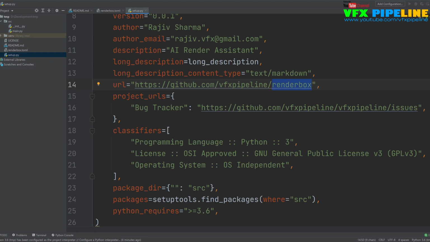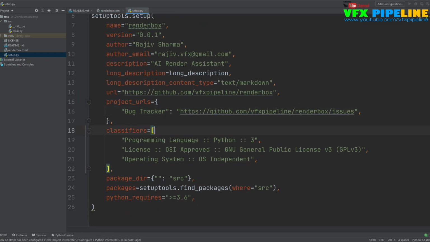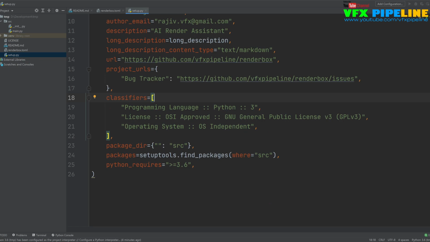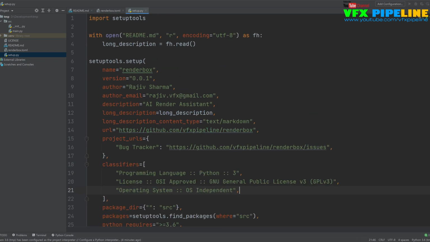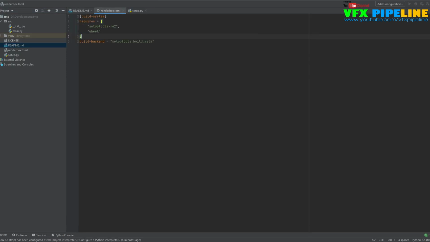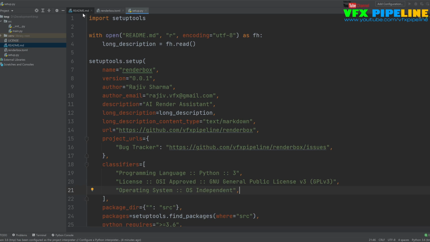I have some interesting ideas for the renderbox that I'm going to share with you guys in some other videos, but for now let's stick to our topic. The rest of the things are all fine because my license is open. This is GNU GPL v3, so that is fine. Make sure you have the readme file because it's going to be read before making the packages. Okay, so file wise is done.